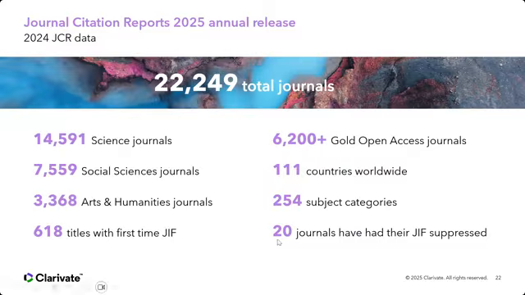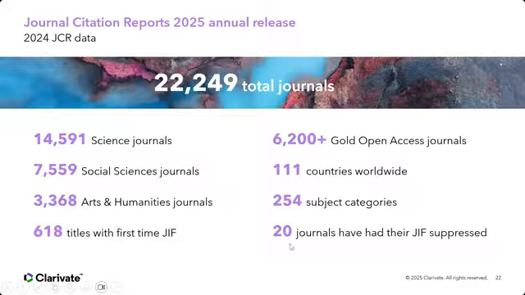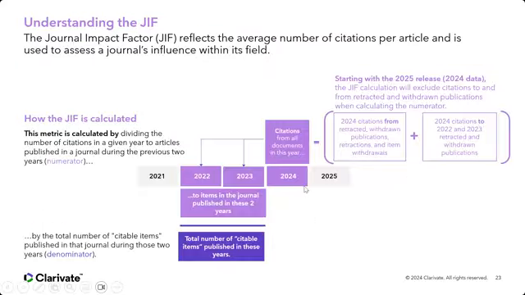Okay, we also suppressed 20 journals from receiving their GIF this year. They have not been removed from Web of Science, but because we found that they have excessive journal self-citations, we have given them some warning. And if next year they don't make changes, then they might be removed. Okay, but they are suppressed from receiving this year's journal impact factor. So I'll also show you where to find this list later on.